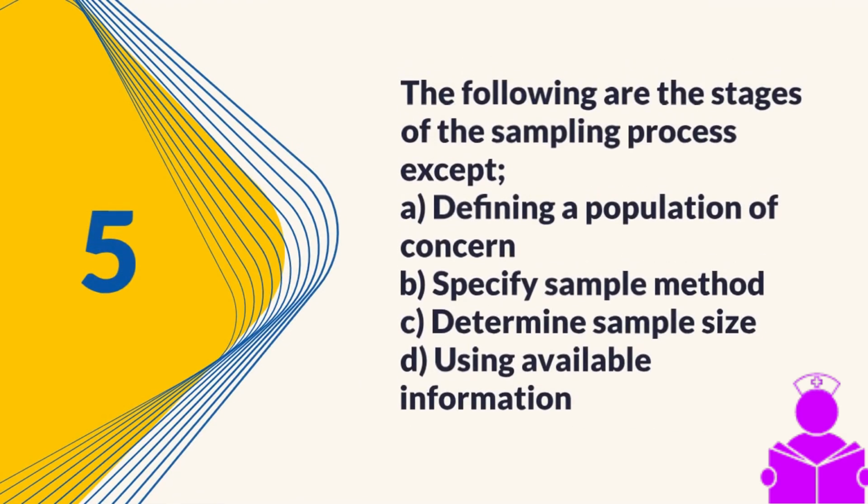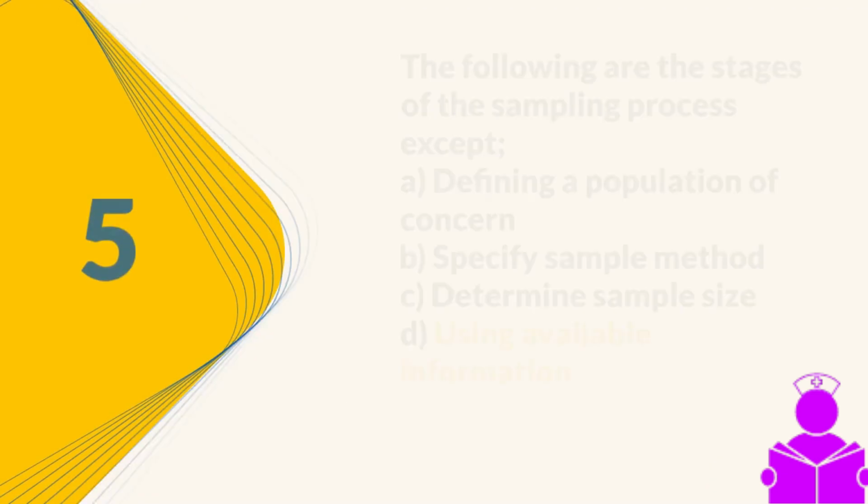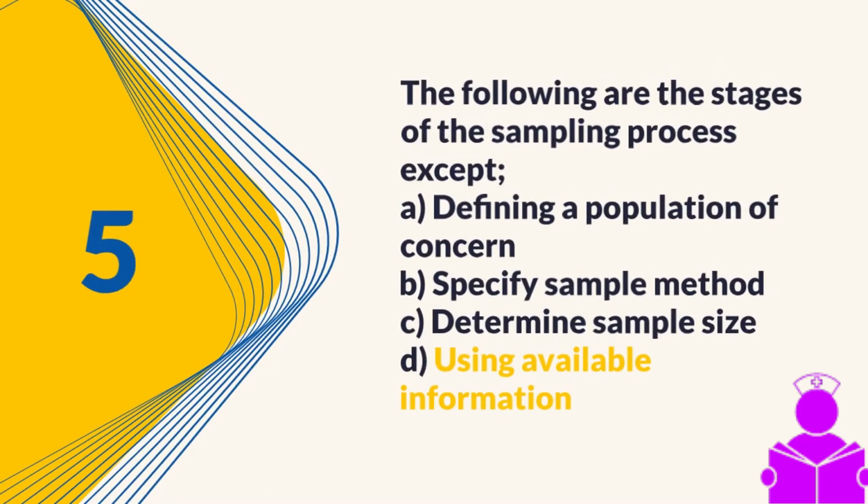5. The following are the stages of the sampling process except A. Defining a population of concern, B. Specify sample method, C. Determine sample size, D. Using available information. Answer, D. Using available information, because the stages of the sampling process include defining a population of concern, specifying the